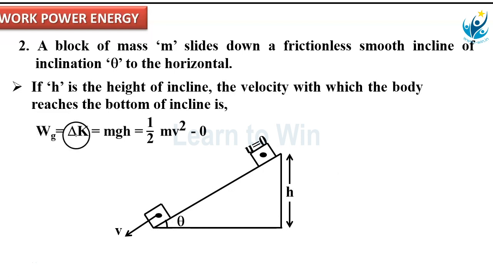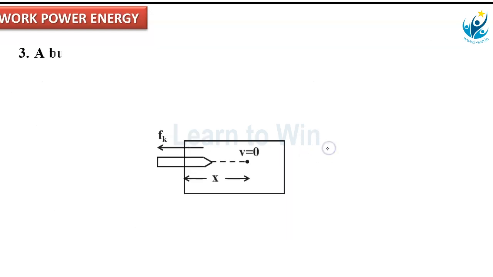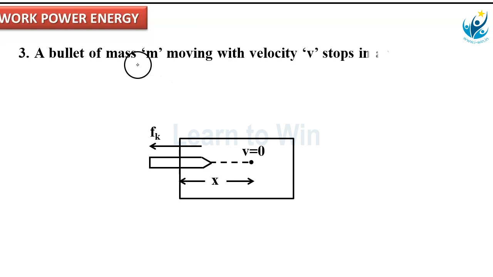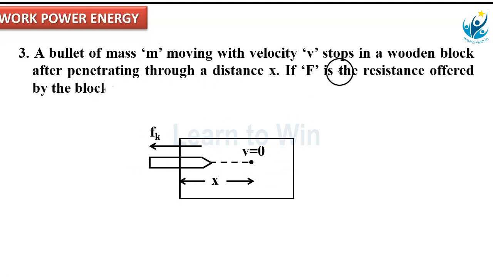Work done equals delta k, the change in kinetic energy. mgh equals half mv square. From here, v square is equal to 2gh, so v equals under root 2gh. What is that? The velocity of the block when it reaches the bottom of the inclined plane. This is the second application. The third application is a bullet of mass m moving with velocity v